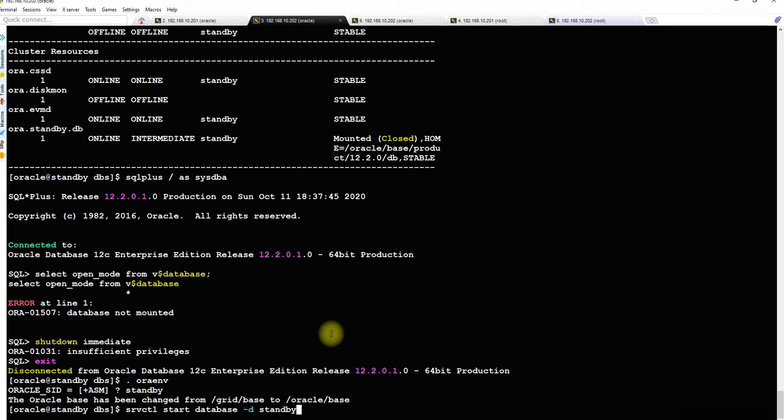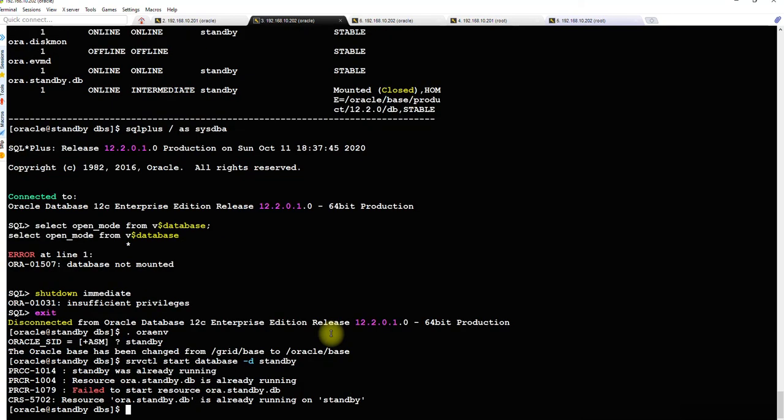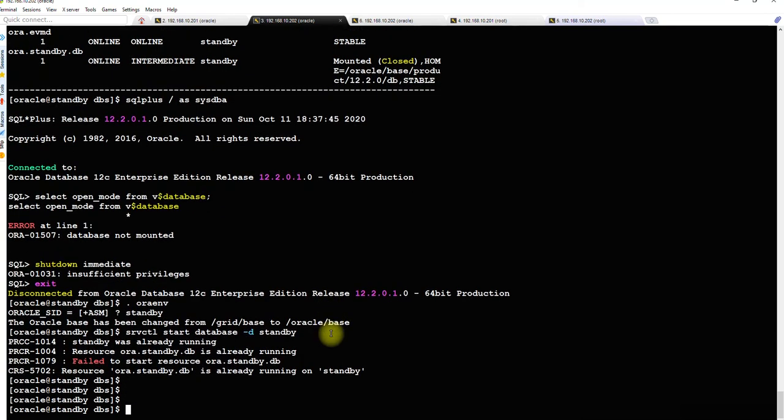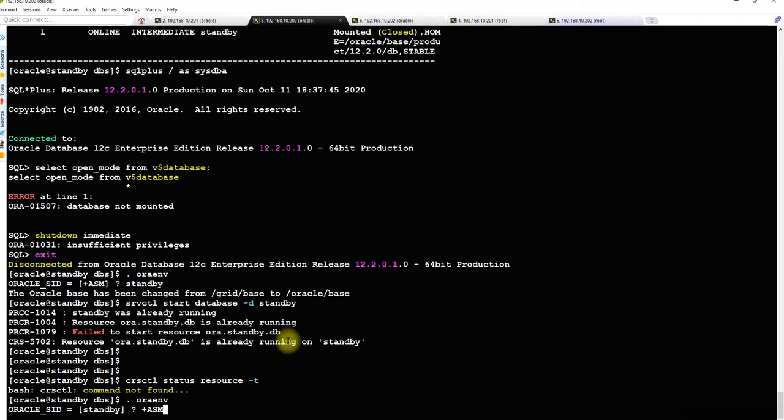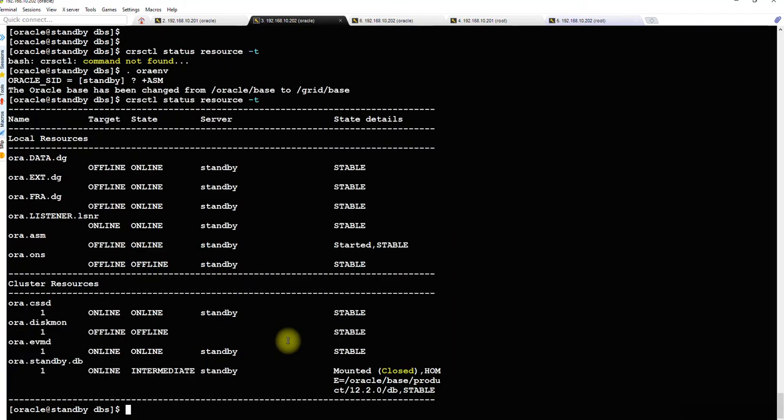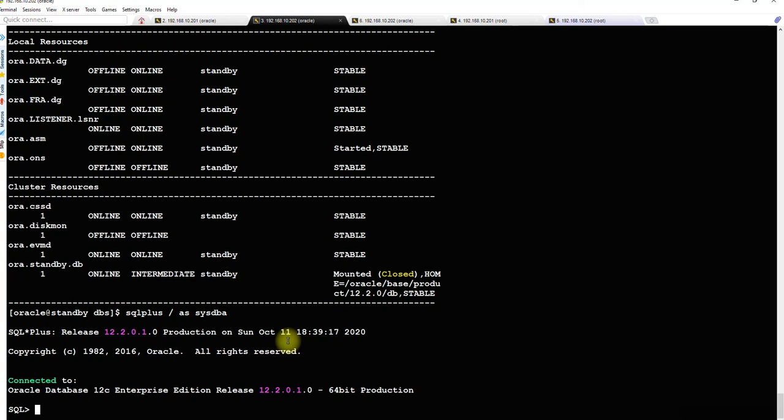Let's check the srvctl status. So database is already running. Let's check the crsctl. It won't be able to find it. Let's set up the environment variable again and run this. SQL plus / as sysdba. Select, I think there will be an issue again.